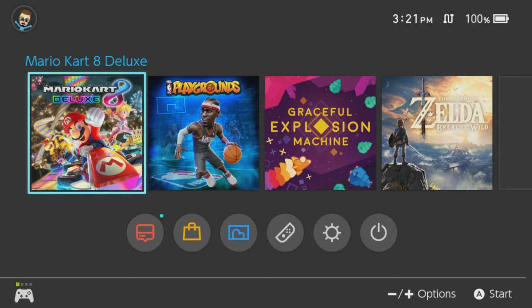Or even if you couldn't bring it on the go, what would be nice would be that you have all your games downloaded on your hard drive, and then you can just swap them out. And I'm hoping it wouldn't take too long to swap games out. So for instance, I'm playing on the TV, but then I have to go on vacation or go somewhere, I can just swap out games instead of having to re-download some games, because games can get very big, especially if you own a digital copy of Breath of the Wild. That can take you hours and hours and hours to download,